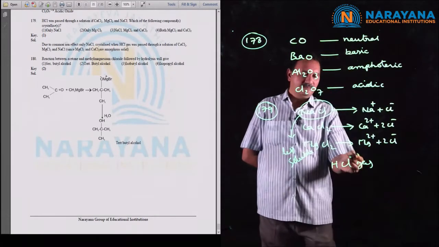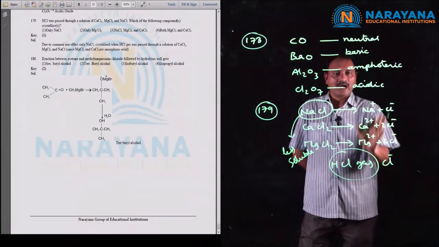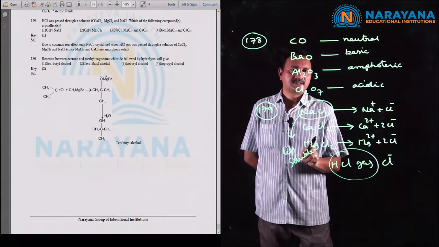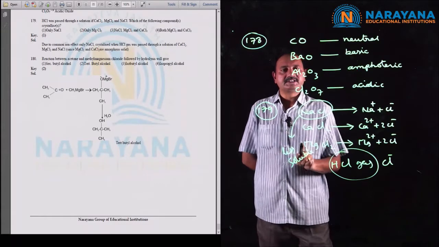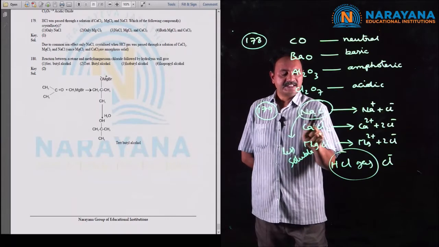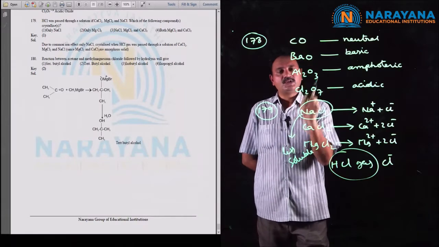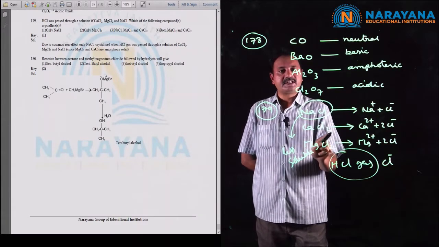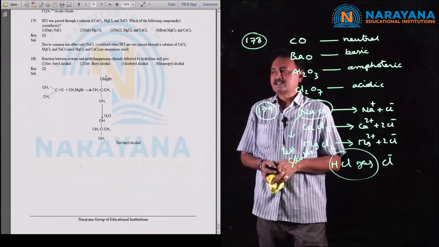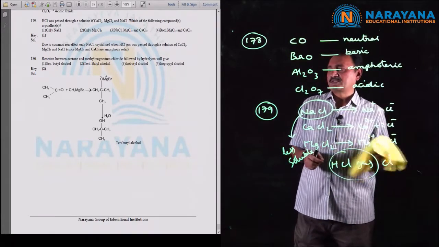Due to the common ion effect, that is from HCl, Cl- ion enters into the solution. Due to the common ion effect, the solubility of all the salts decreases. But the solubility of NaCl is less, so NaCl crystallizes first. And one more reason is that CaCl2 and MgCl2 are relatively more soluble, so they do not crystallize. In preference to them, NaCl will be precipitated or crystallizes first. So the answer is NaCl only, the first option.